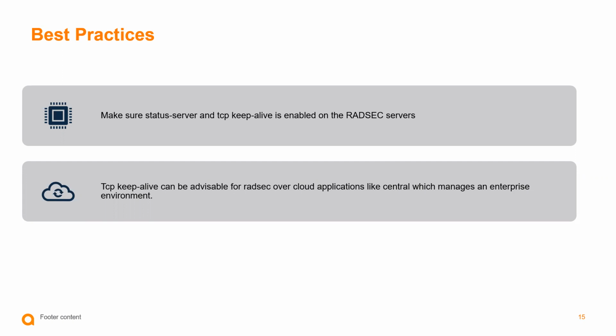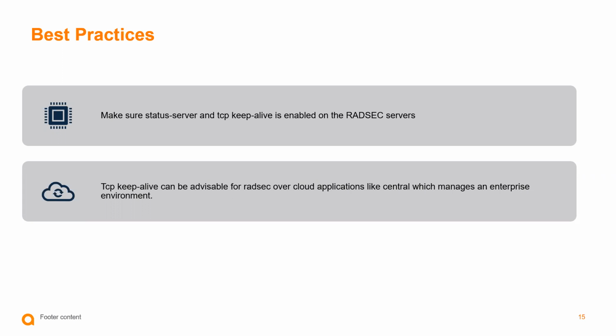So next is, which is the preferable method? Is it status server or TCP keepalive? Status server is an application level packet that will be sent for tracking the RADSEC servers. But TCP keepalive is a TCP level packet that will be sent to identify whether the TLS connection tunnel is up or not. So if the RADSEC server is residing over the WAN,